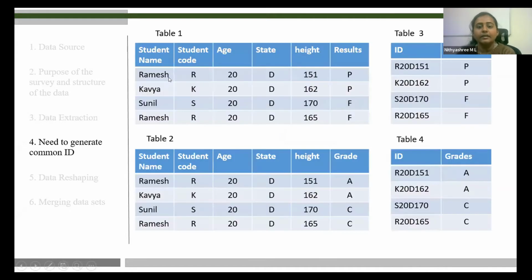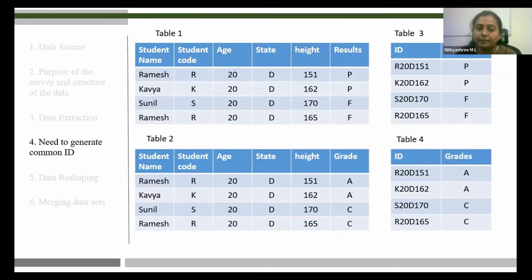Okay, and next is very important, I would say the most crucial step. Once you have your unit level data, you will understand what the data is, what the variables are and all. You need to generate a common ID. Let's take a hypothetical example and we will understand why common ID is important and why we need to generate it.